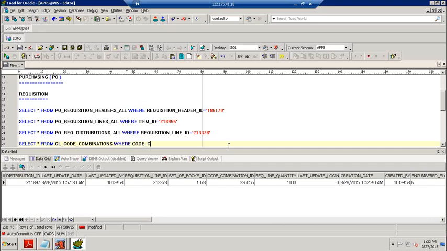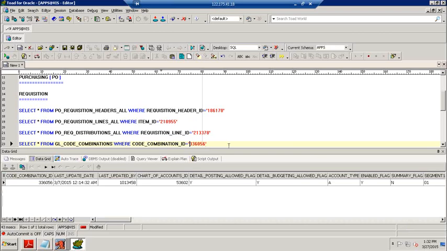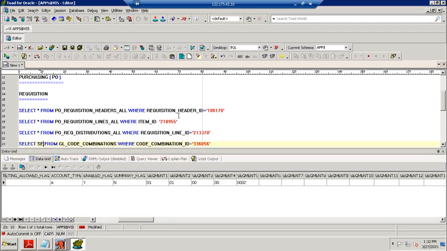Where code combination ID equal to 056. Now we find the accounting information by concatenating these 5 segment columns.